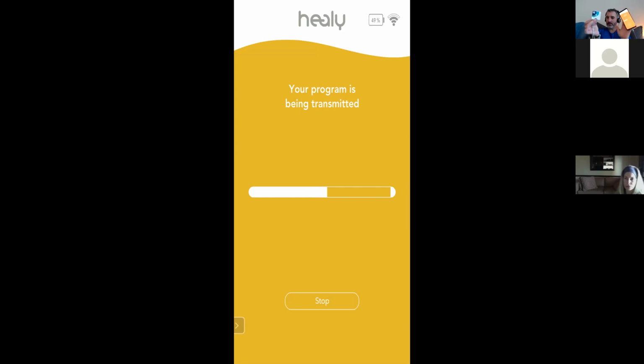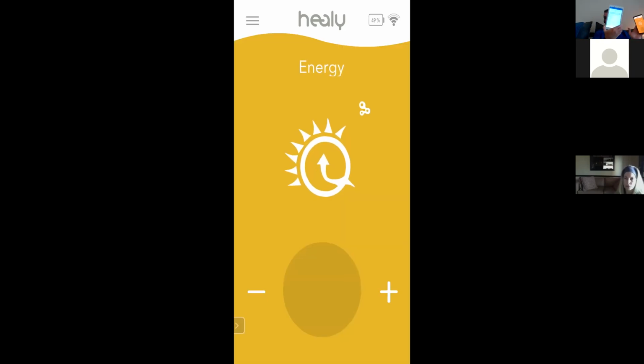And after it's loaded and after it's running, I can even turn my phone off and this device will continue to run. A lot of times people like to do that because they don't want to have their phone next to them all the time due to EMS and different things like that. When you are using the Blue app and running resonance scans, and we'll go over that, your phone or device has to be running all the time, which is one reason why I also got a pad that I connect to my resonance.